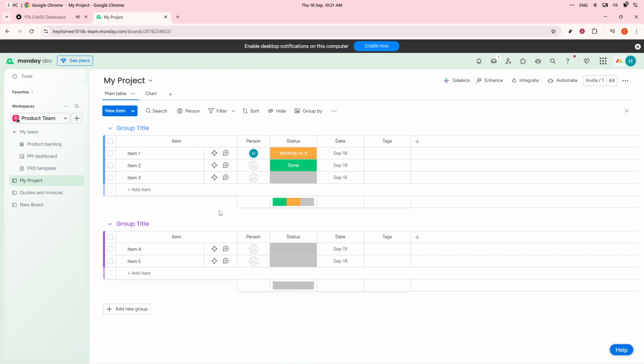Whether it's managing daily tasks or working towards long-term goals, these features will keep you on track and organized. Happy planning, and I hope this helps you make the most of Monday.com for your personal